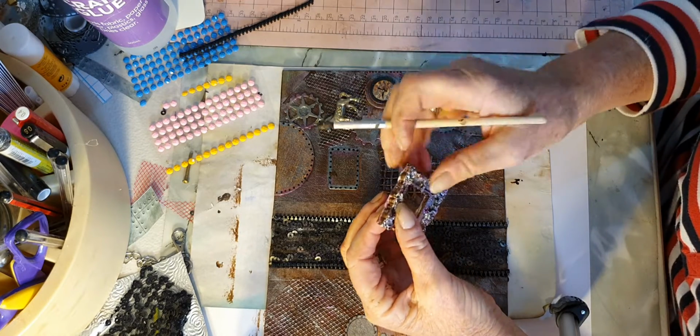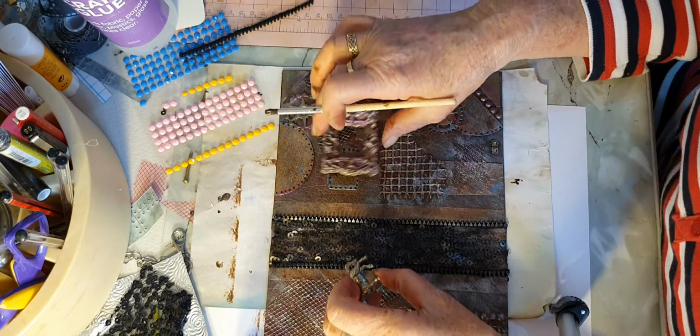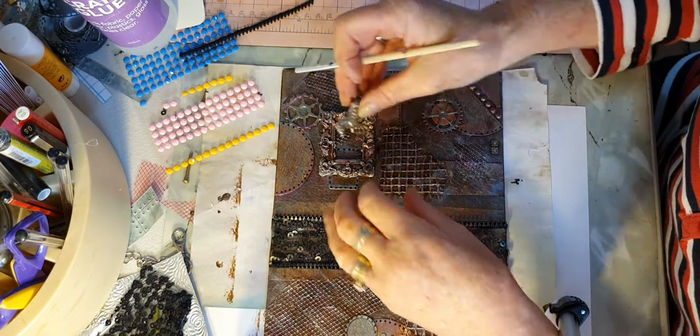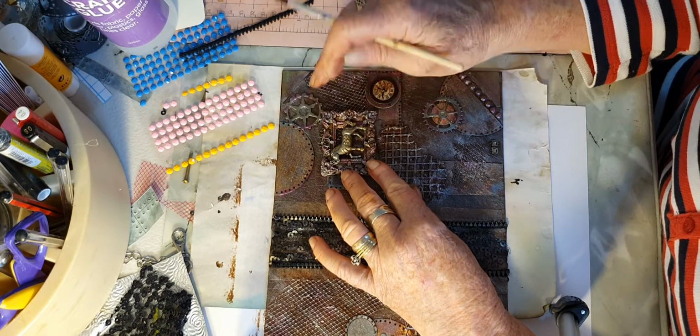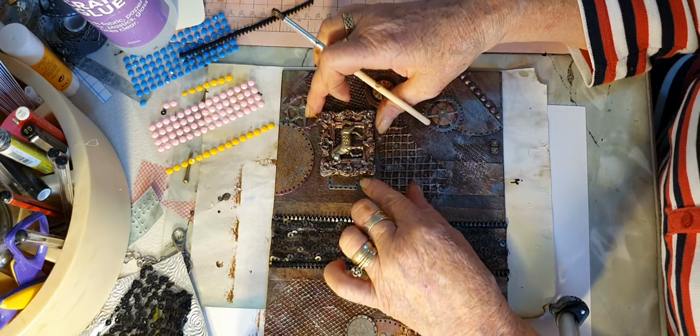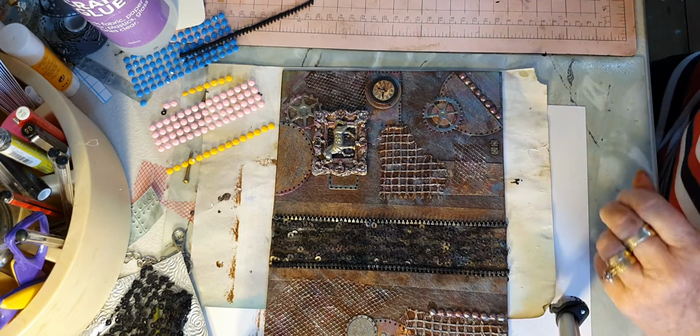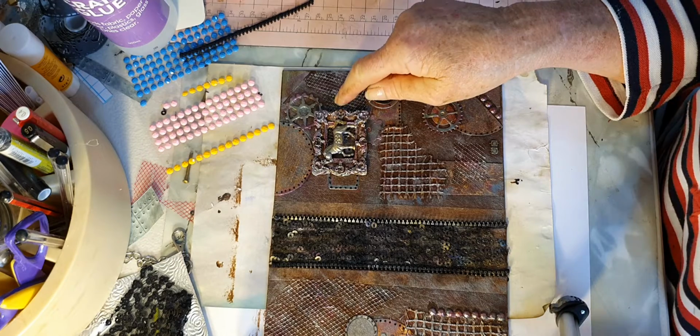But you know, us crafters, when you think we're finished, it's going to get glued in there. You end up looking and looking and looking, and then you think, oh, I could do that. But what I'm going to do with this,